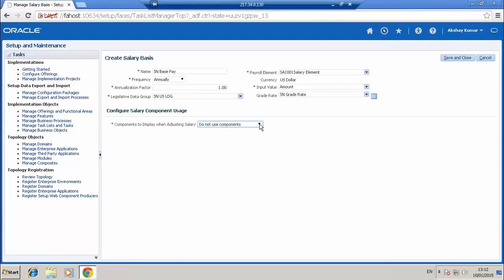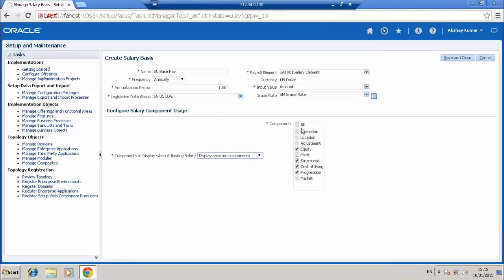If you want the user to select the component, all the components will be available on the screen, so whichever he wants to enter the value for, he can enter. Or you can display the selected components alone. So let's have all the components as of now. Let's see how it looks. So that's it. This is how you create the component.